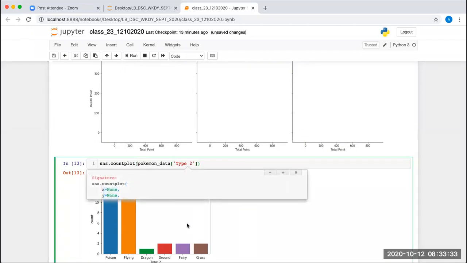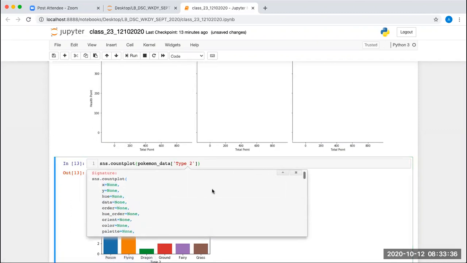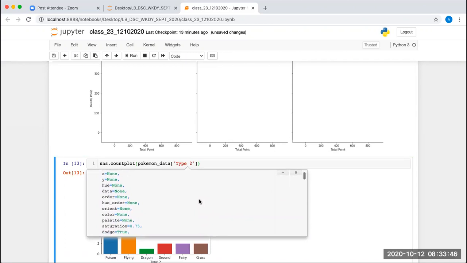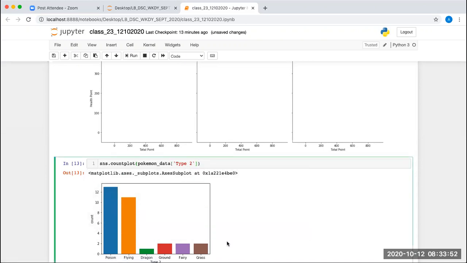Let's add the hue attribute. This will be the data which I want to plot, data is equal to this, hue is equal to type 1. Execute this.